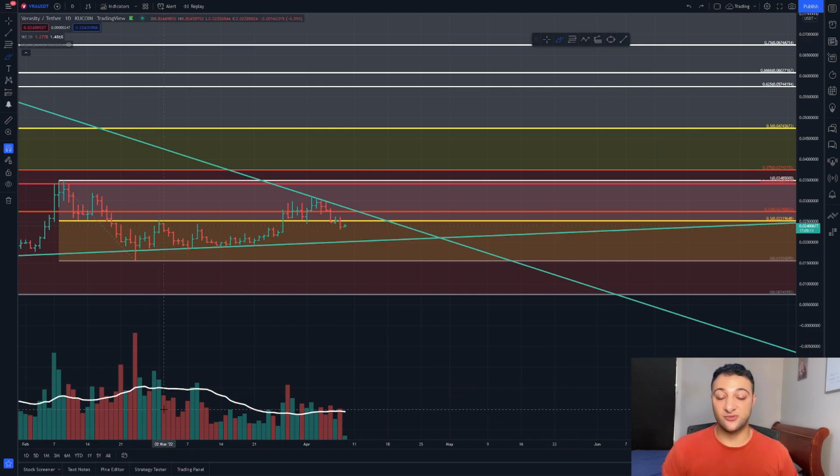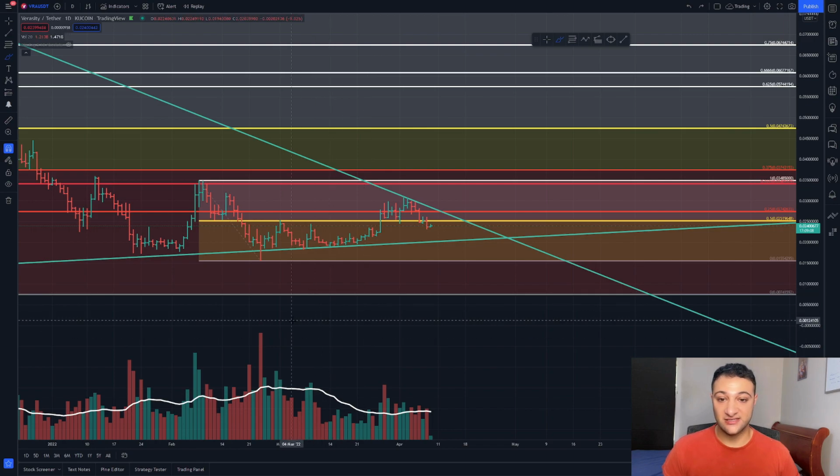So I want to see this crypto having good volume, good spreads, good closes, and we'll have a look at Verasity to see that. So there's a few dates you're looking at. The first one is about January 24th. This was a day a lot of cryptos bottomed out. And then February 24th is another day that was the Russia and Ukraine invasion day. A lot of cryptos tanked, shares, obviously everything tanked that day just because of the fear in the market. What I don't like about Verasity is that you can see we put a lower low a month later.